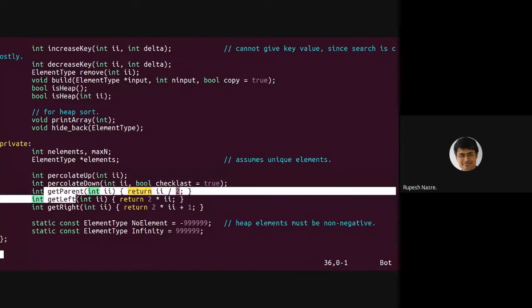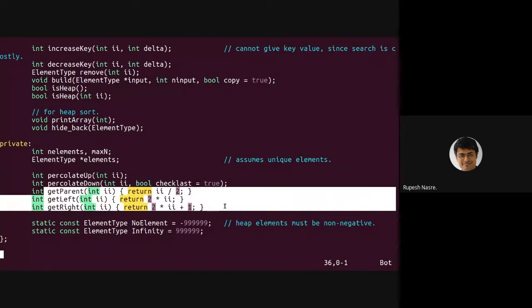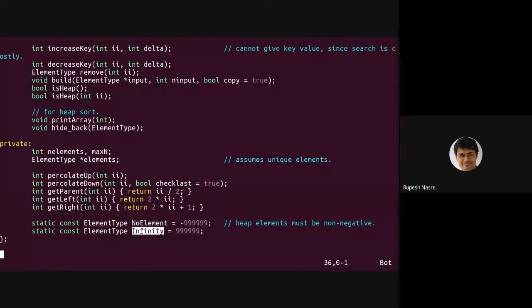Then getting the parent and getting the left and right children are other auxiliary functions. And then there are some sentinel values which I'm using here, that no element exists or the element is at infinity. Note that these are not node values, these are array values, and therefore we might require this sentinel at some places, especially during percolate up and down or while doing a heap sort.